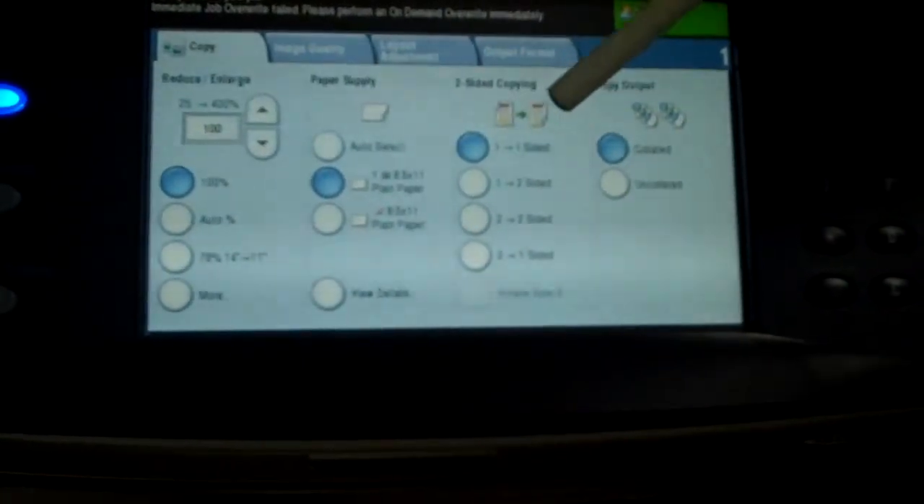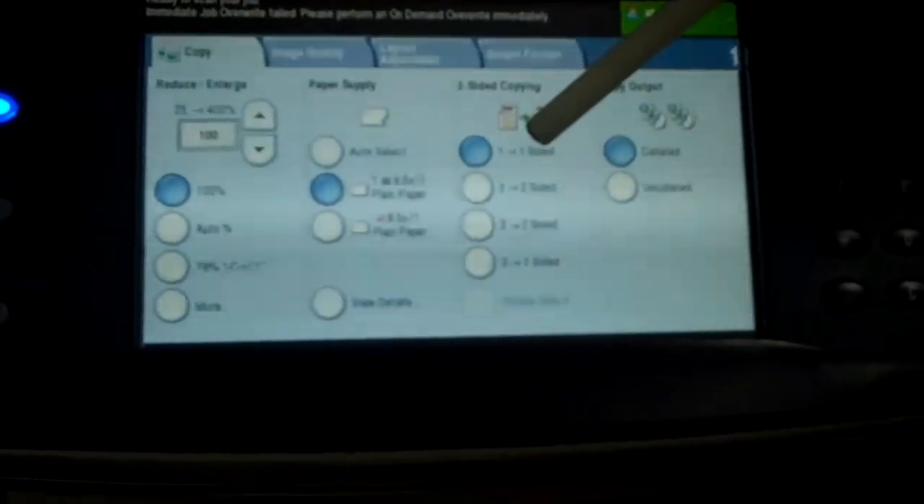1 to 1, that means the original is one-sided and the output is going to be one-sided. You have the original one side with the output being two-sided, two-sided original, output two-sided, or two-sided original, and you want it now just one-sided. The default is 1 to 1. You would then go ahead,